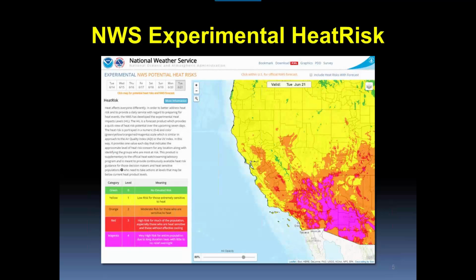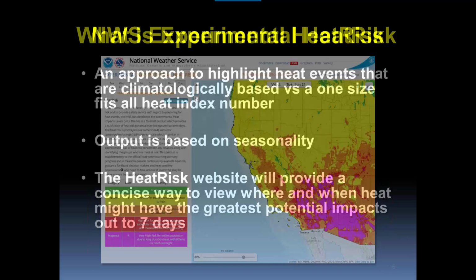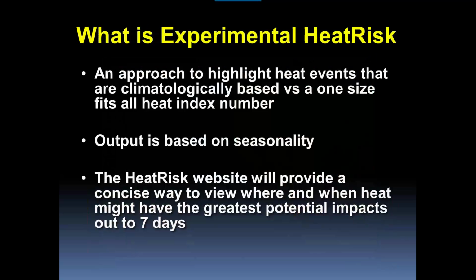Okay? Fairly easy. This is now a web page that is available to everyone in the public. This is a better way to highlight the heat events instead of looking for specific points like we used to do. Now you can actually see the areas that are going to be impacted. There's now seasonal variability in this. So when we're hitting record temps, like last week when we were in the mid-90s, we had a lot of oranges out because it was unusual. And you'll see that on the shoulder seasons. And then when we get into the hot is where you'll see the real bang for the buck.